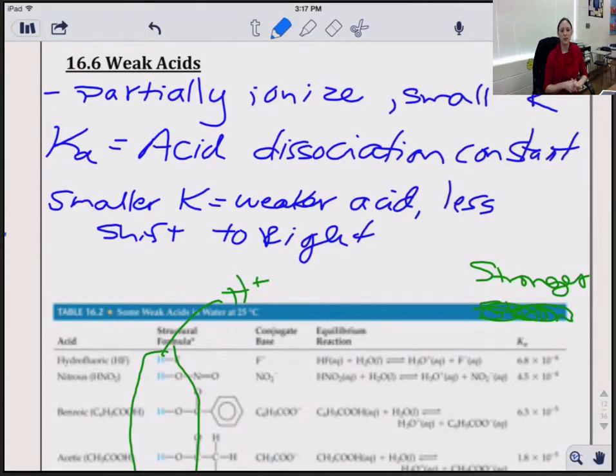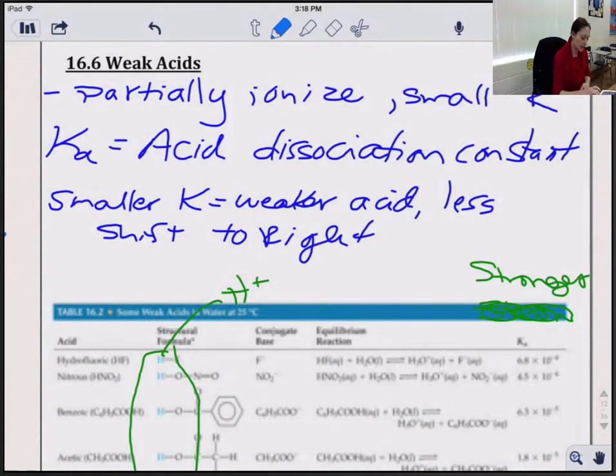Okay, in 16.6, we're going to look at weak acids. These are ones that partially ionize. They're going to have a very small K. All right, they have what we call a Ka. A is for the acid there. That's our acid dissociation constant, and it is the exact same thing as the K's from the previous chapter, except these are going to go for a very particular acid and how the acid dissociates. If you have a smaller K, it's a weaker acid because it means that there is less of a shift